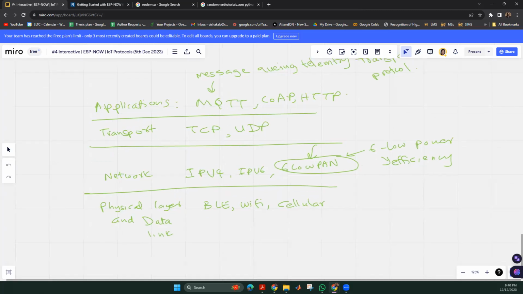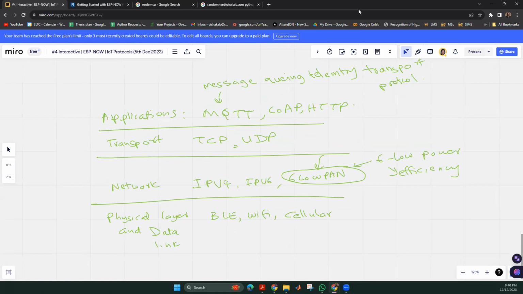But I cannot really remember whether I have covered protocols like 6LoWPAN. Can you please let me know whether I have discussed protocols up to the transport layer so far, if you can remember?